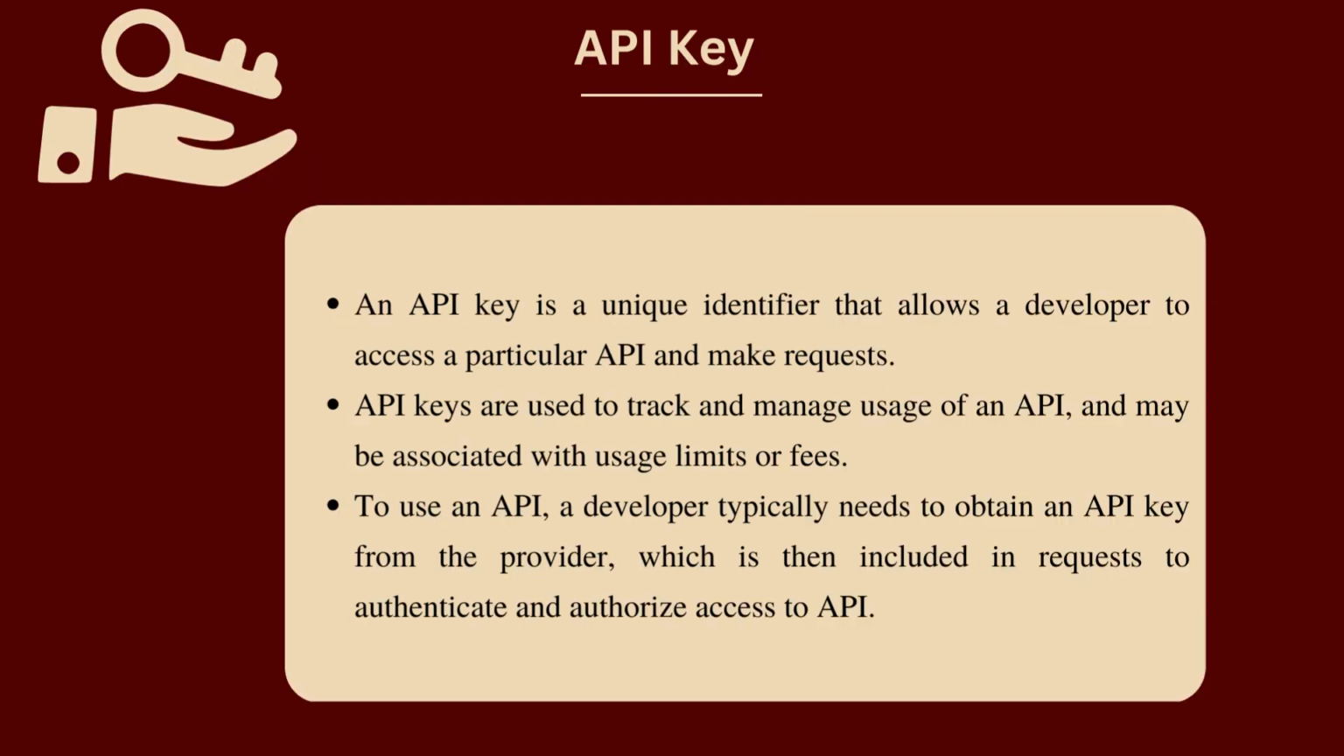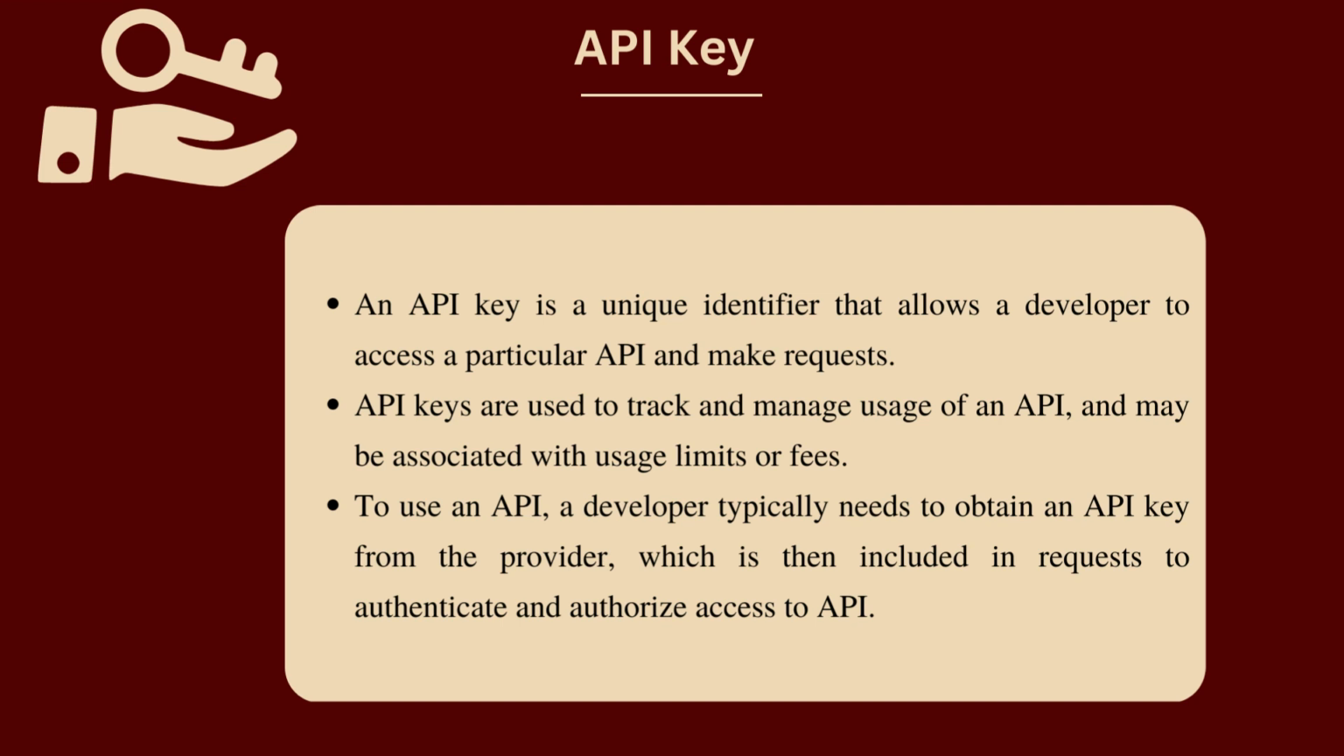Next is a slight introduction to API key. An API key is a unique code or token that is used to authenticate and authorize access to an API. It's a secret key that developers use to identify themselves and their applications when making requests to an API. API keys are typically generated by the provider of the API and are required in order to use the API. The provider of the API usually provides instructions on how to generate an API key and how to include it